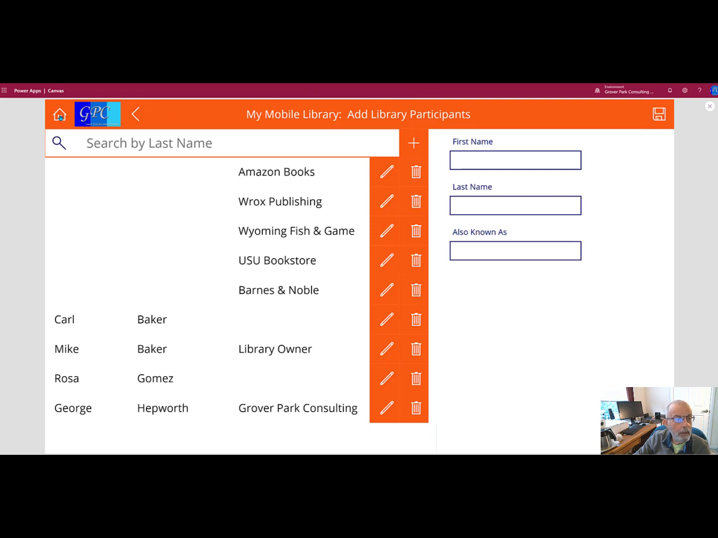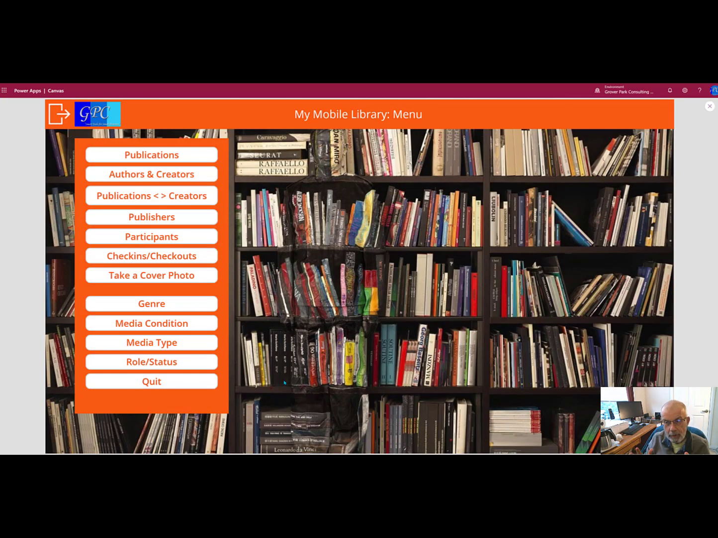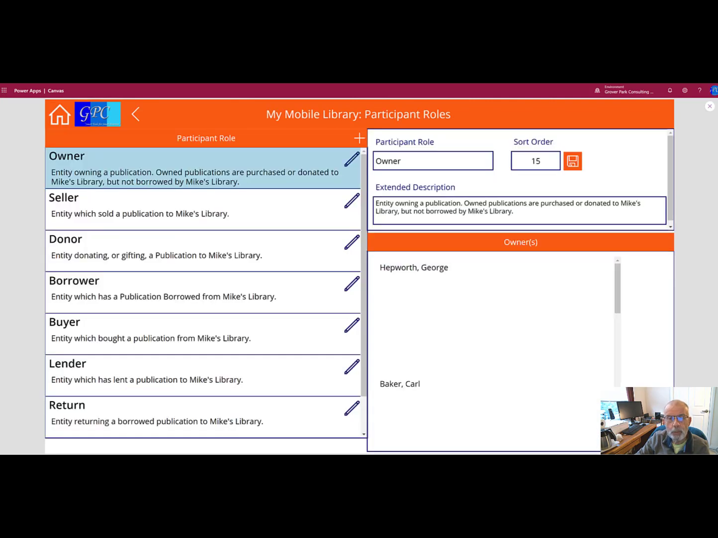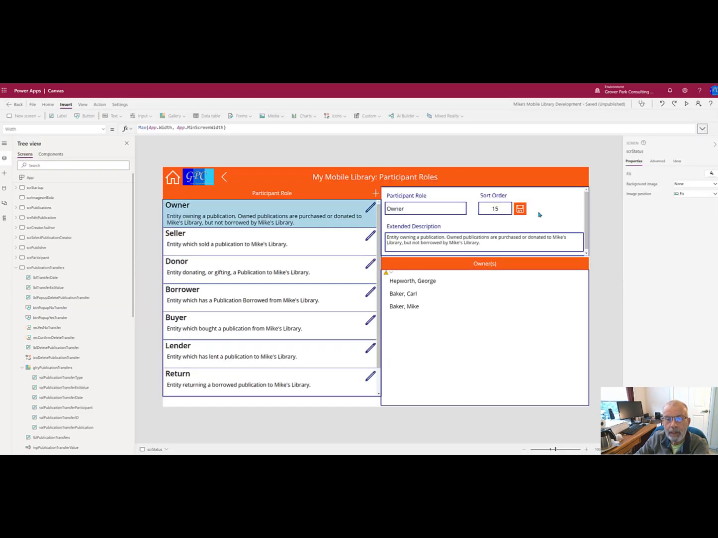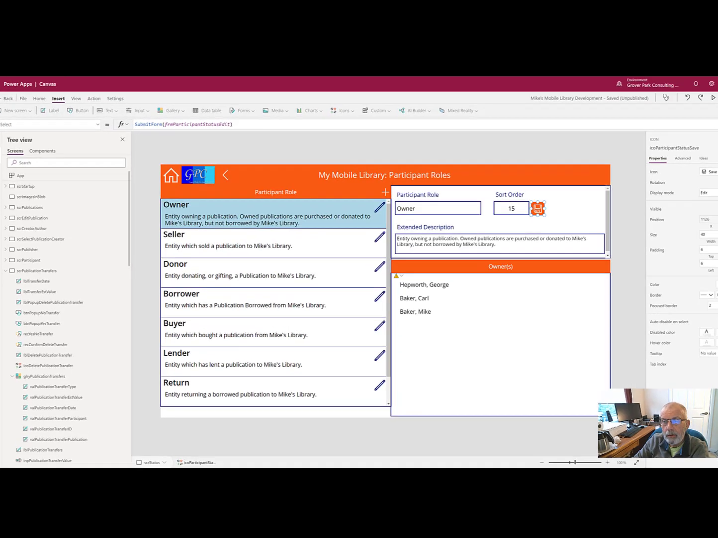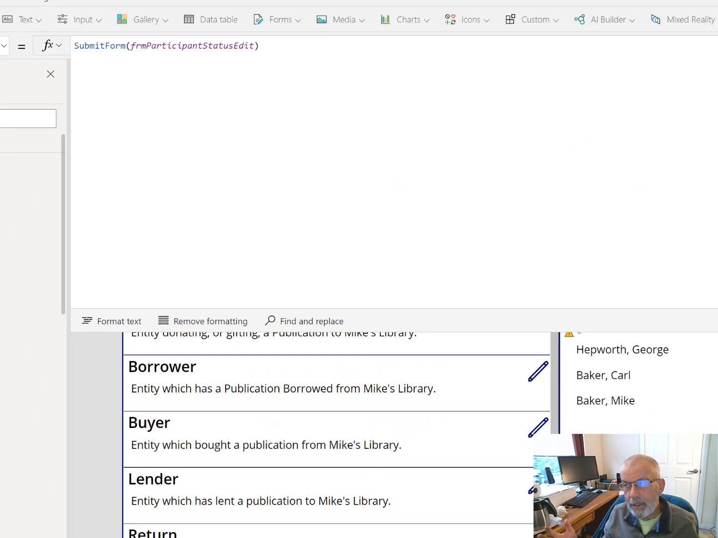We're ready to go back and look at a couple of things I wanted to show you. I pick role status. This is a form, and I wanted to mention this because I'm not sure I've actually talked about how this works in previous videos, because we've mostly used the patch command to add and edit records. This is roughly the equivalent in the PowerApps world of the standard bound form in the Access world,